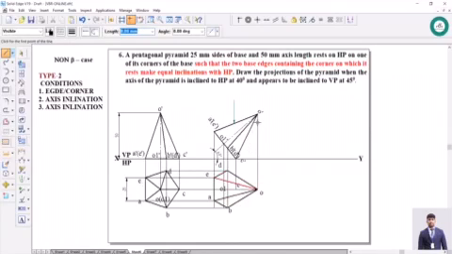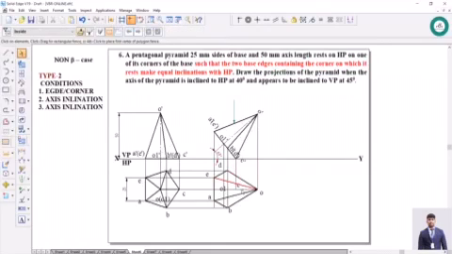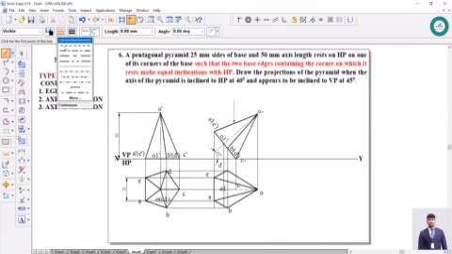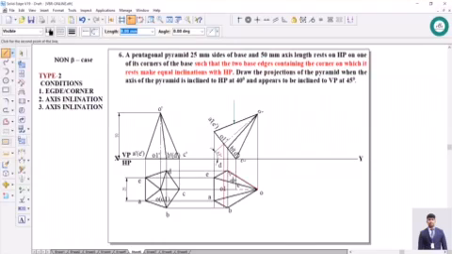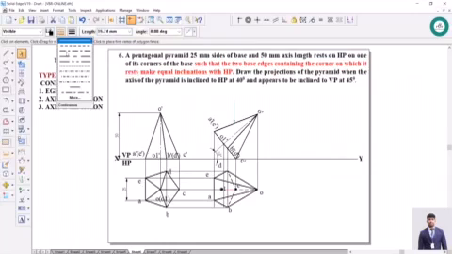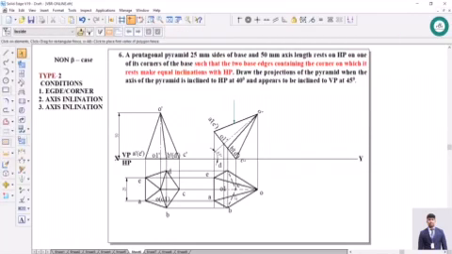Now this O to C is not visible, so select that particular line and make it dotted. Go to line option, take the dotted line. Since the base part is not visible, you can join this with a dotted line. After joining, a small portion of the axis is visible. Select this and ensure to show the axis. Some examiners expect this to be shown.